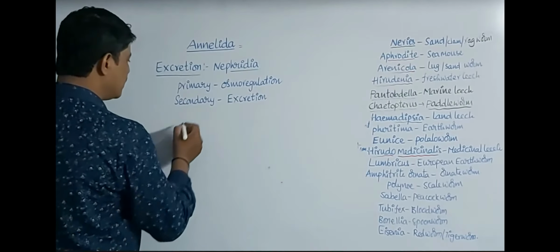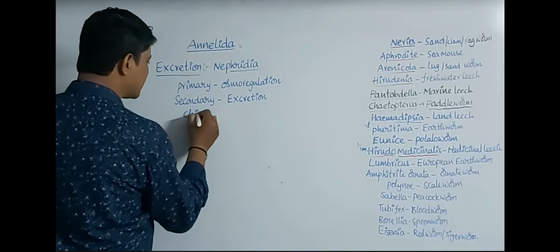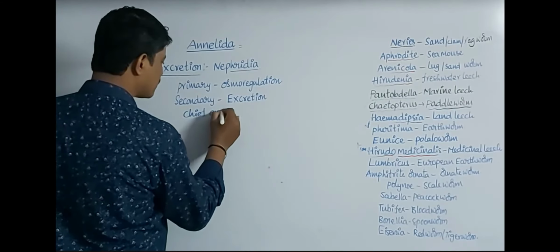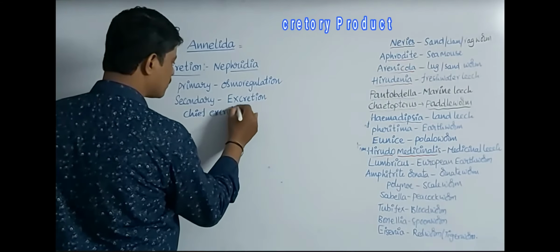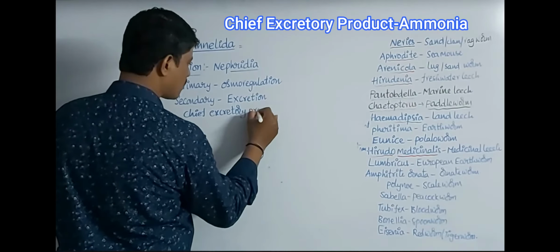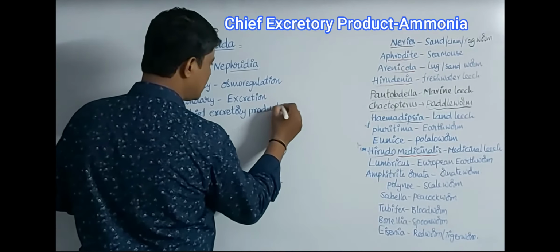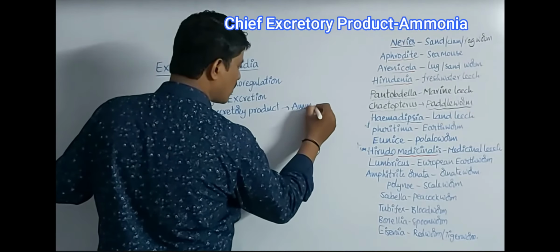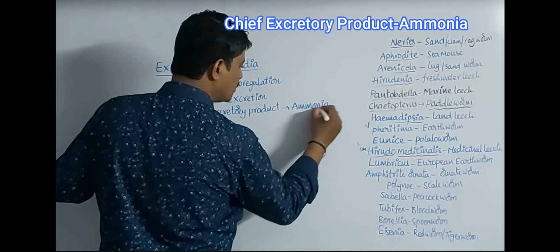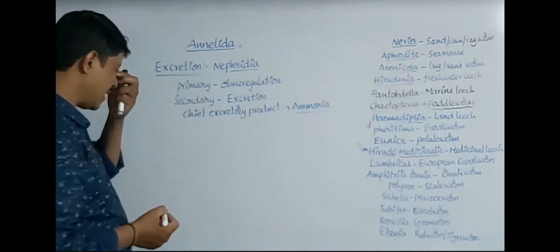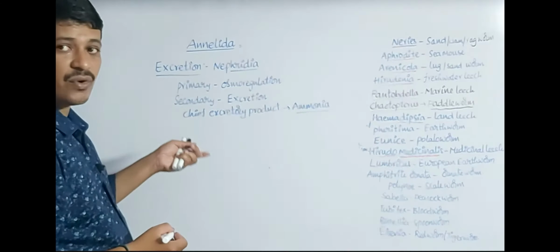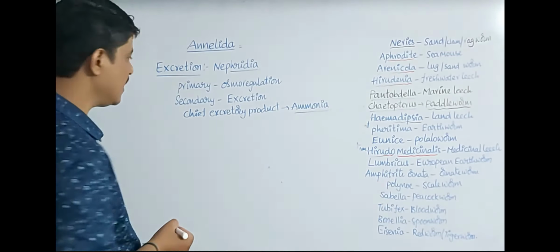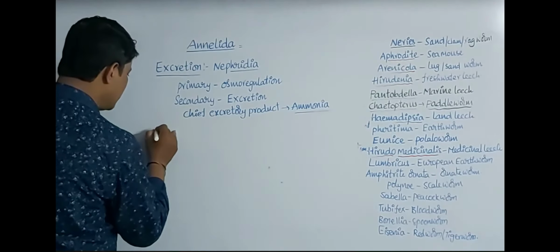So here the chief excretory product of these annelid animals is ammonia. So these animals, the excretory product is ammonia, so those are ammonotelic animals. Now coming to the